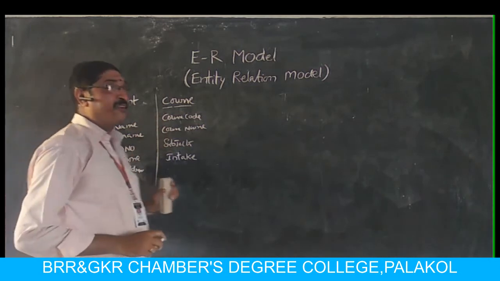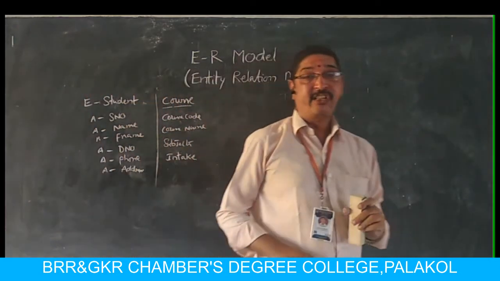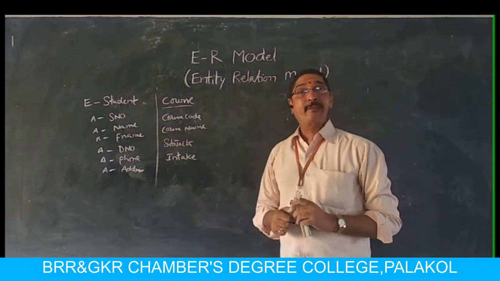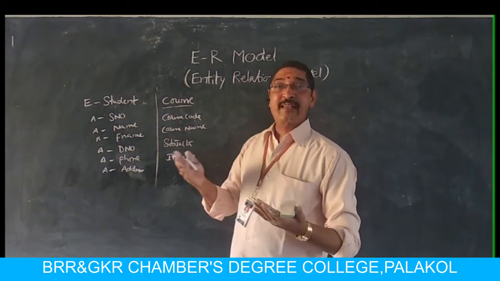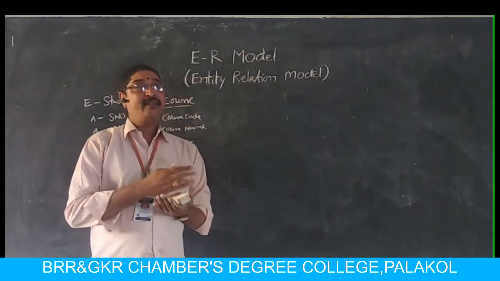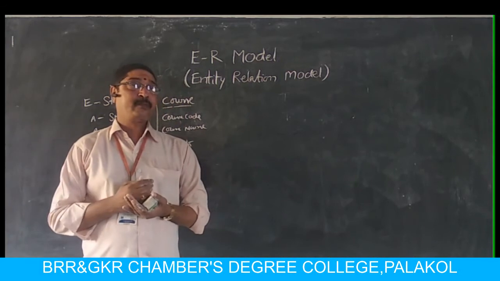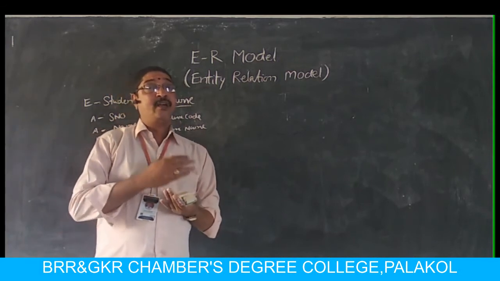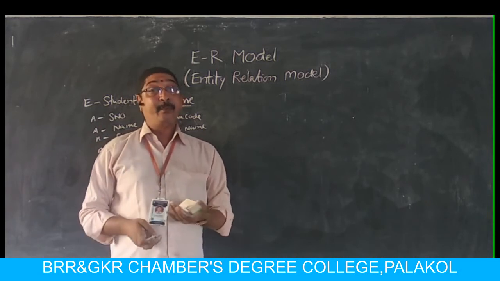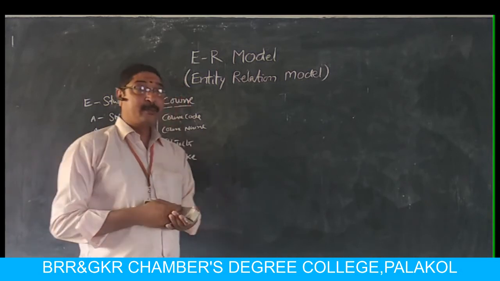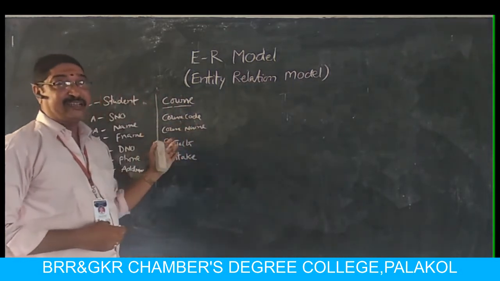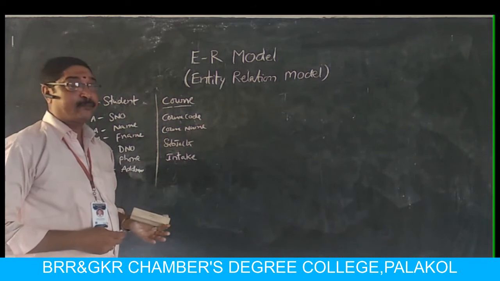What is the relation between the student and course in that institution? What will be the relation between student and course in the institute? It's a very simple question. A student will enroll for the course. Every student, a student will enroll for a course. It can be represented with the help of ER diagram like this. Please observe. I am trying to convert these details to graphical format.